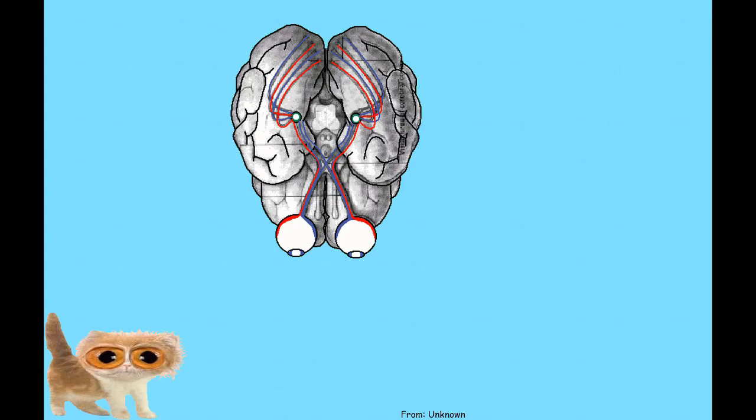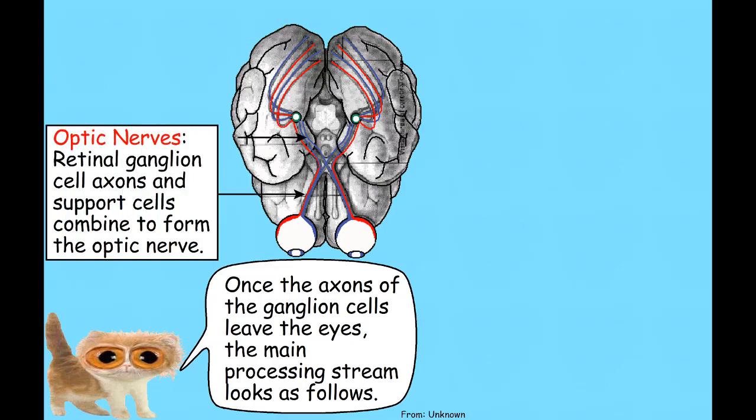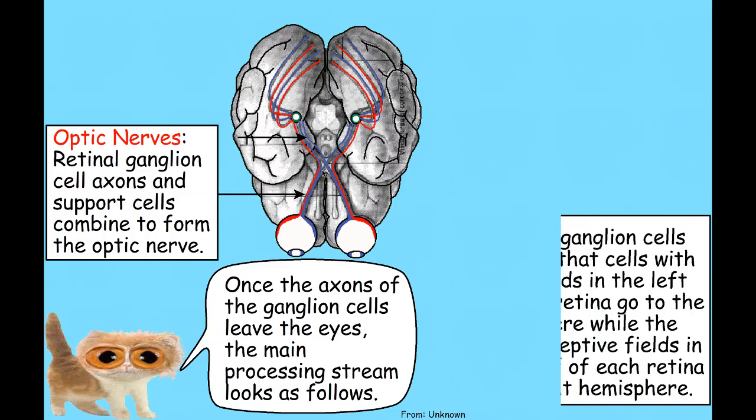So now we want to look at what happens to the axons of ganglion cells after they leave the eye and form the optic nerve here. Once the axons of the ganglion cells leave the eyes, the main processing stream looks as follows. The retinal ganglion cell axons and support cells combine to form that optic nerve, and it travels down here to